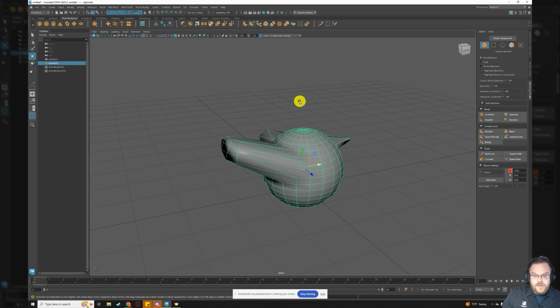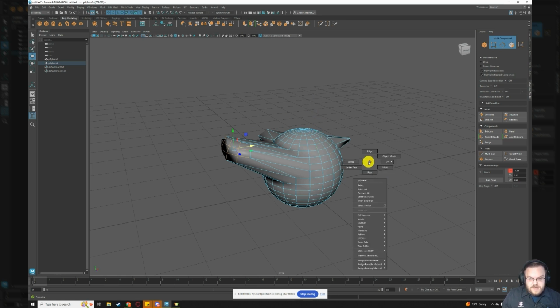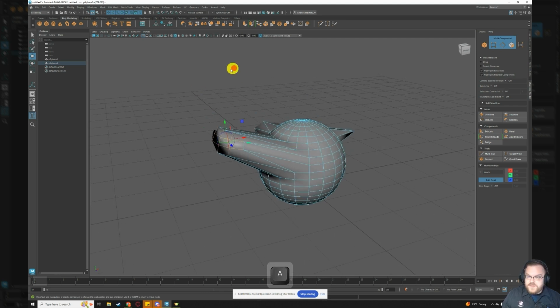If you wanted to go back to component mode again, you can do the same thing with the marking menu. Hold right click and then select multi here, and now you're back in component mode. And then from there, you can edit individual components. So that's going to do it for basics inside of Maya. One thing that I forgot to mention when using different transform controls is